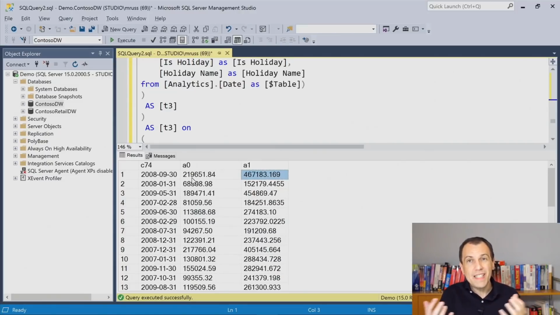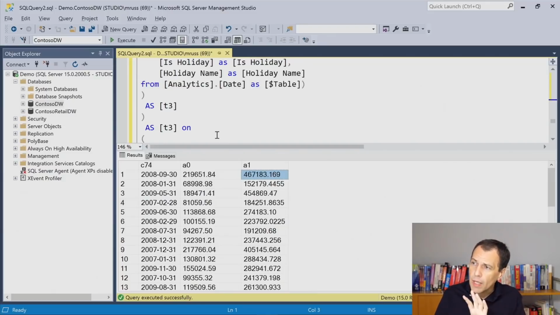So total cost and sales amount are two measures that the formula engine can request to the storage engine in this case. So the storage engine has the ability to execute the result of our SUMX formula. However, the subtraction between the two measures and the division between the result of the other two measures is something that the formula engine has to do, because we see that the storage engine didn't compute the margin percentage.